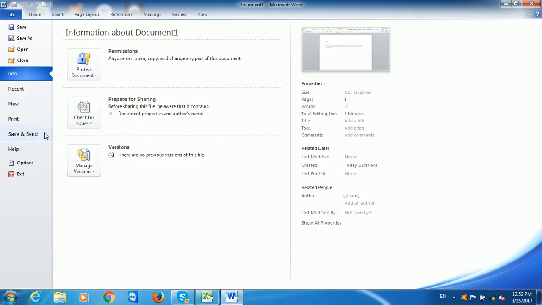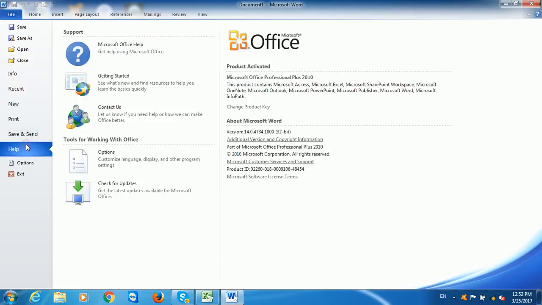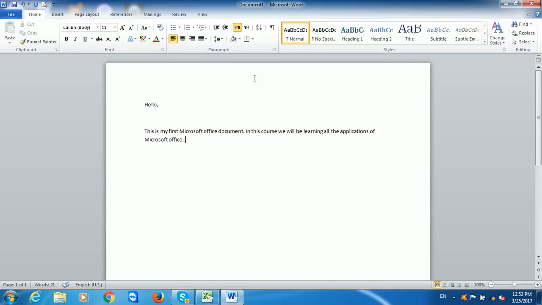The last option which I want to discuss is the help option. Microsoft Office provides help in all the applications. You can find it from here. You can even contact Microsoft Office from here. You can get started by step by step setting, and you can get help from Microsoft Office. You can check for updates. You can update your application if you want, but because we are working on Microsoft 2010, we will not be updating our application. Okay, so that was the